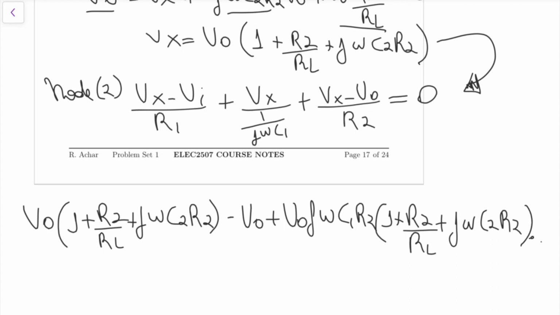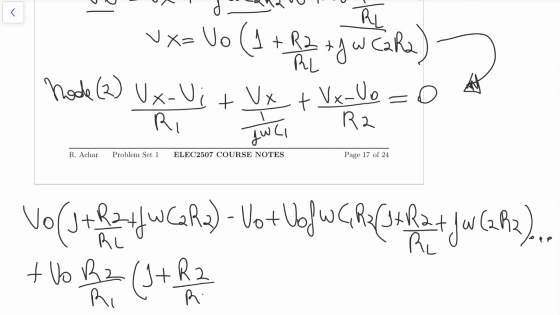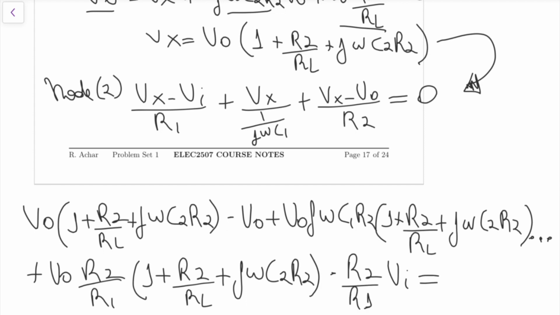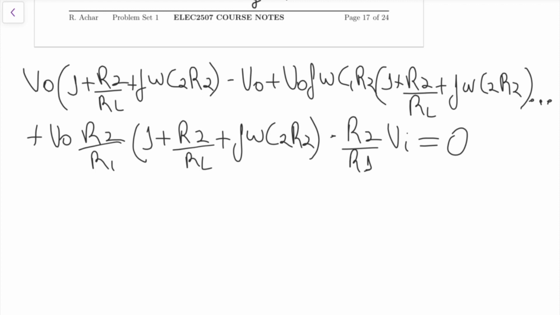Okay, and then this continues plus V out R2 divided by R1 that multiplies 1 plus R2 over RL plus j omega C2 R2 minus R2 over R1 V1 equals to 0. Okay, now if we manipulate this equation here by multiplying by R1, R2, and then isolating V out, we get our voltage transfer function. So the H of j omega, it's going to be, so we isolate V out here,